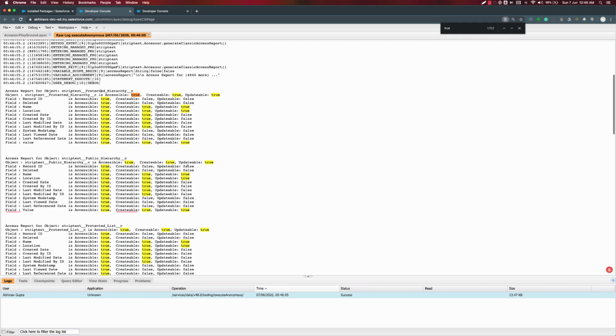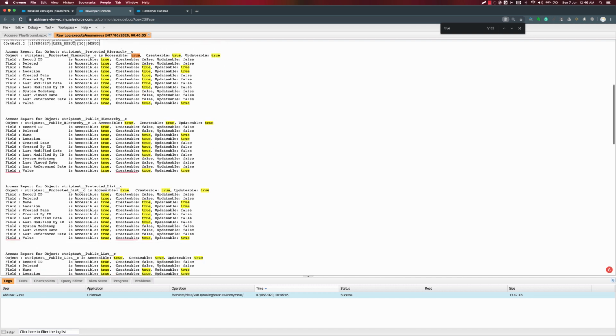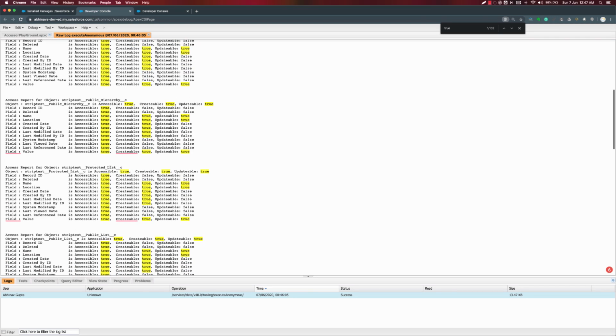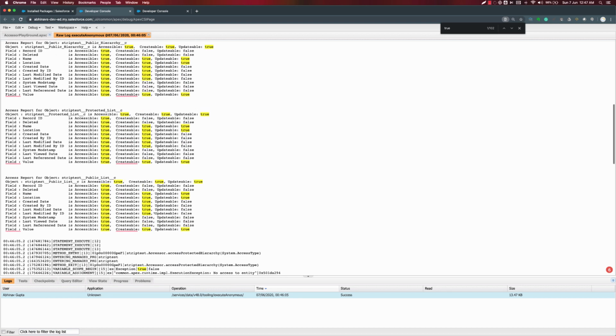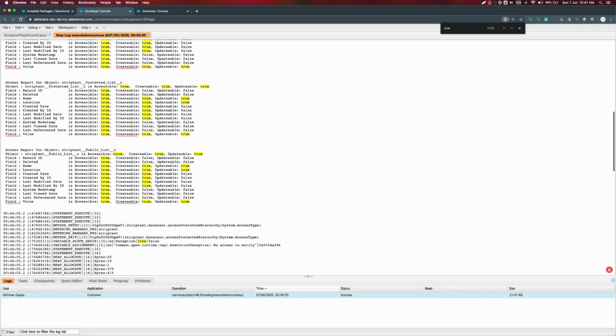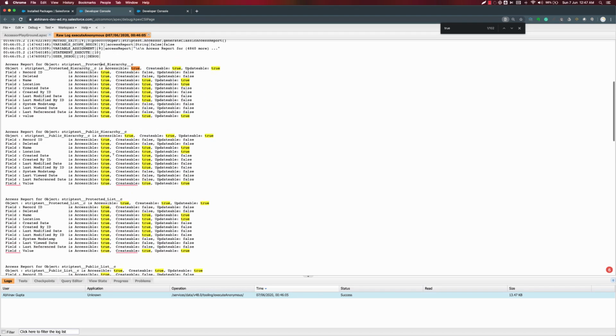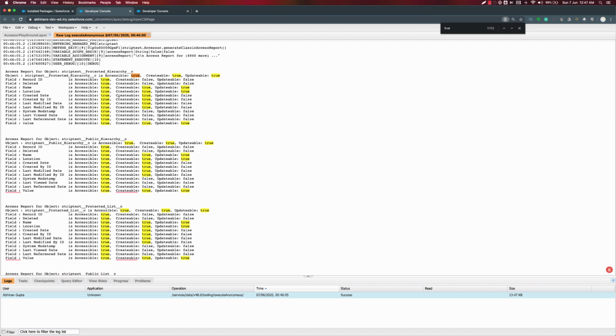Same is for public hierarchy, all the required access is available. Same goes for protected list, it is creatable, updatable. The name field is creatable, updatable, true. The value field is the same. Same is for public list. I will not worry more about public list and public hierarchy because they are working fine. But this protected hierarchy and this protected list are throwing up errors.